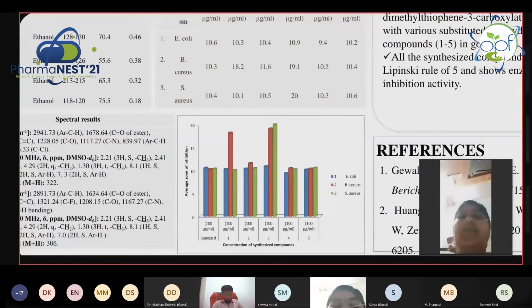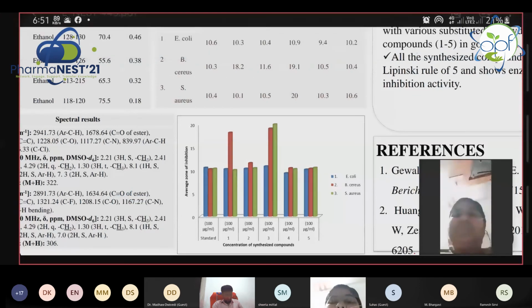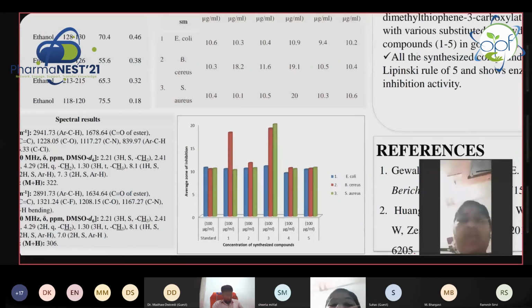As we see in this graph, compound 3 has very good antimicrobial activity against Bacillus cereus. Compound 1 has very good antimicrobial activity against Bacillus cereus, and compound 3 has good antimicrobial activity against Bacillus cereus and S. aureus. In conclusion, by using this substituted 2-aminothiophene and substituted aldehydes, we get these Schiff bases in